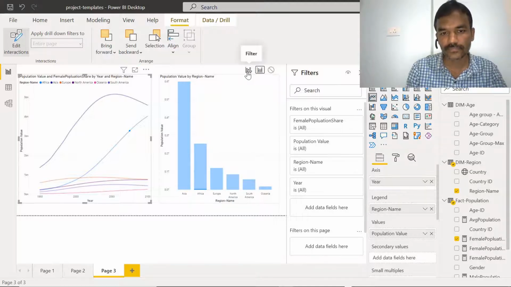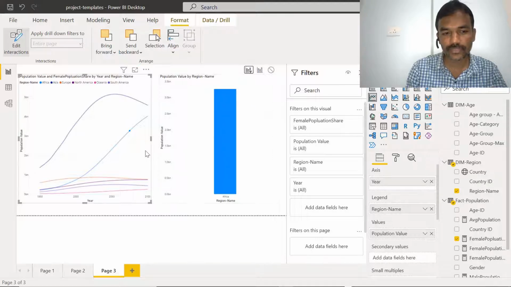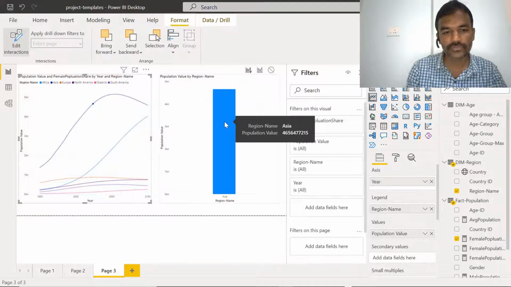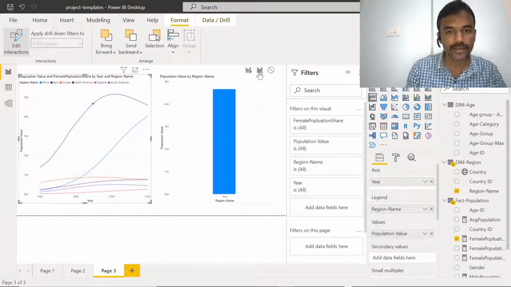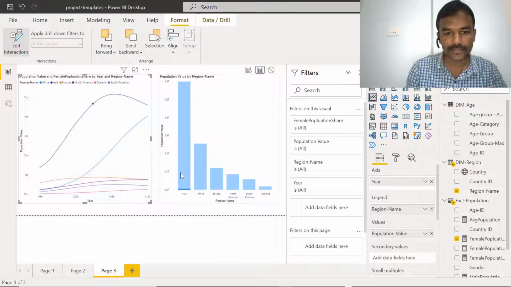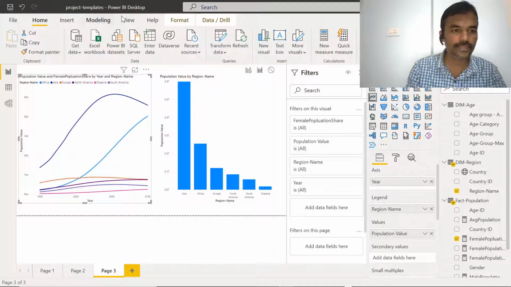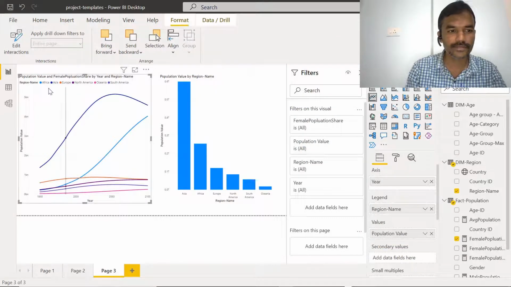So this is the difference. When we select filter, it will just show that particular value. So when we want to see something specific in more detail, we can select the filter option. However, when we want to see a highlight, we can do that. Suppose something looks good with the highlight option, then we can use it. This is the way we can interact, and we can go back to Format and unselect that option so it is not shown here.